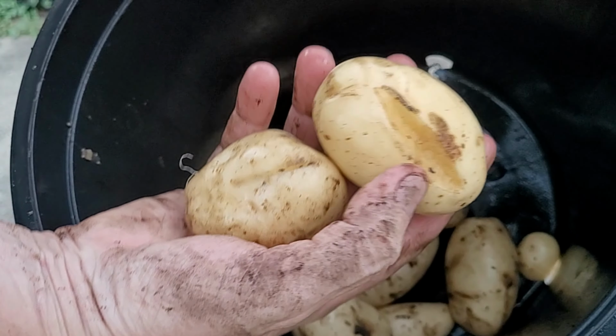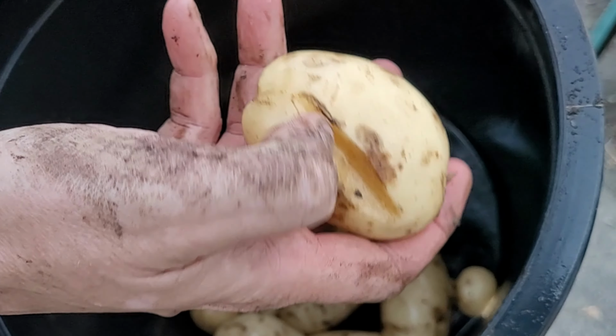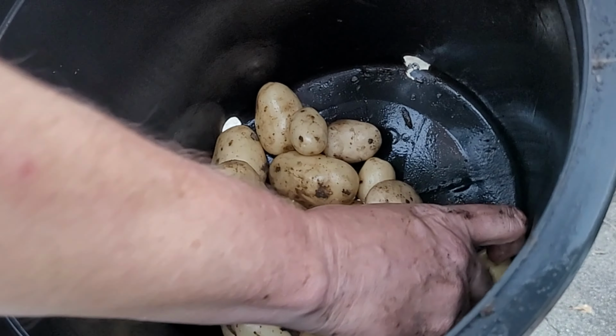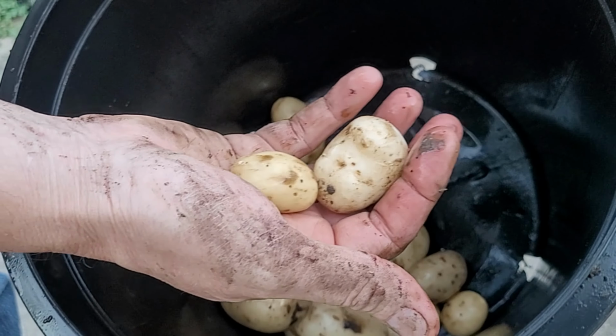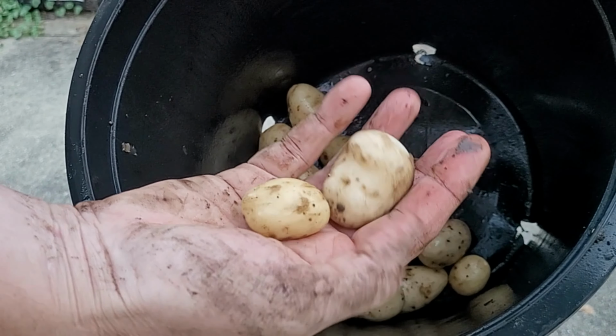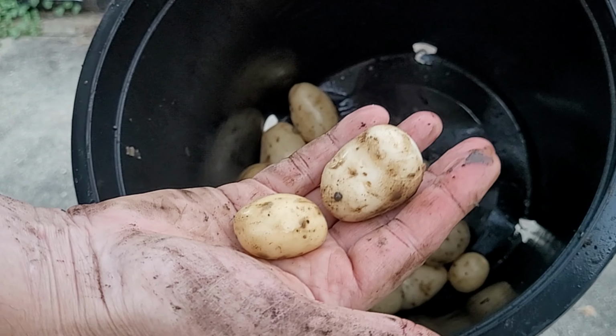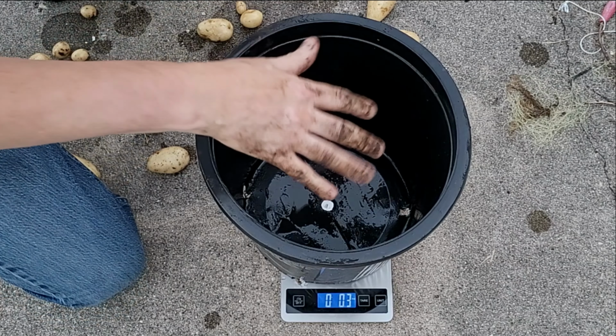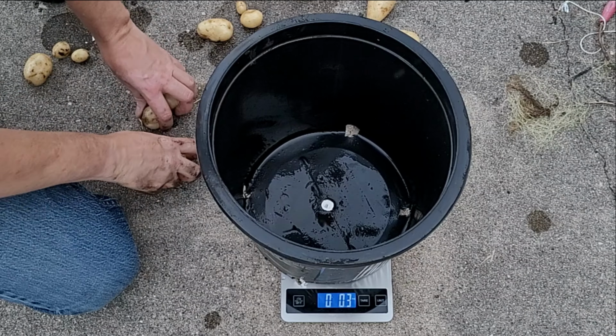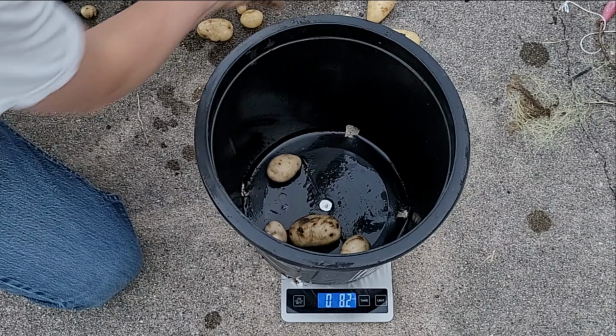And these are okay size. This one's kind of split a little bit, but they're certainly not bad. And just like I said in the previous video, these size ones I will save for replanting as seed potatoes next spring. I have the bucket zeroed out, so let's go ahead and put the potatoes in, see how much